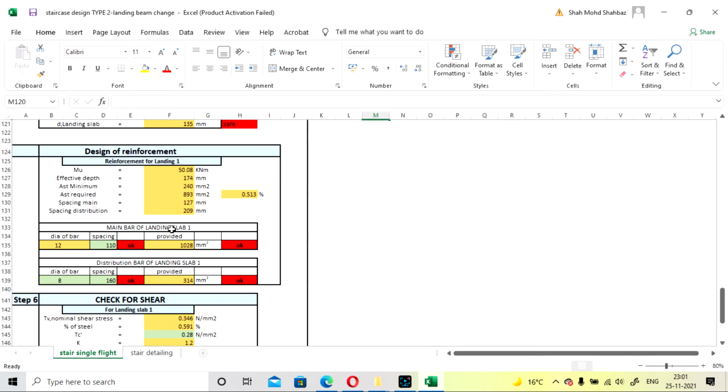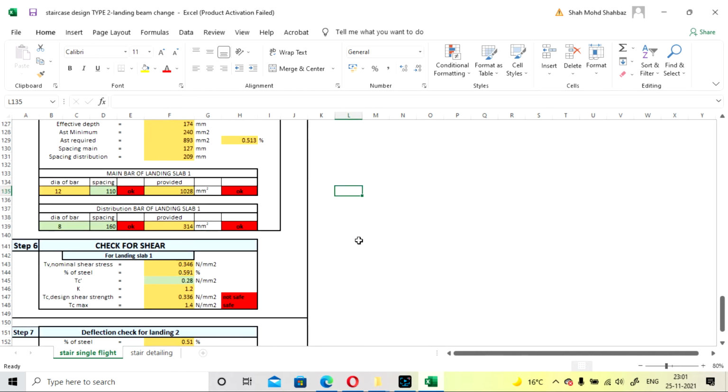All the values will be calculated, and we are providing the diameter of the bar as 12 here also, and spacing will be 110 mm. So it will come as 1028, and it is greater than 893. Similarly for distribution we have taken 8 at 160 mm.